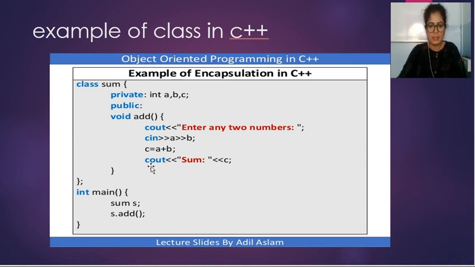The statement is cout sum, where sum will just print the word sum on the output screen, and as the result is in variable C, you write C. So the line is cout sum C, ending with a semicolon. Now the closing curly bracket closes the member function. As you started the add member function, here you are closing that function.